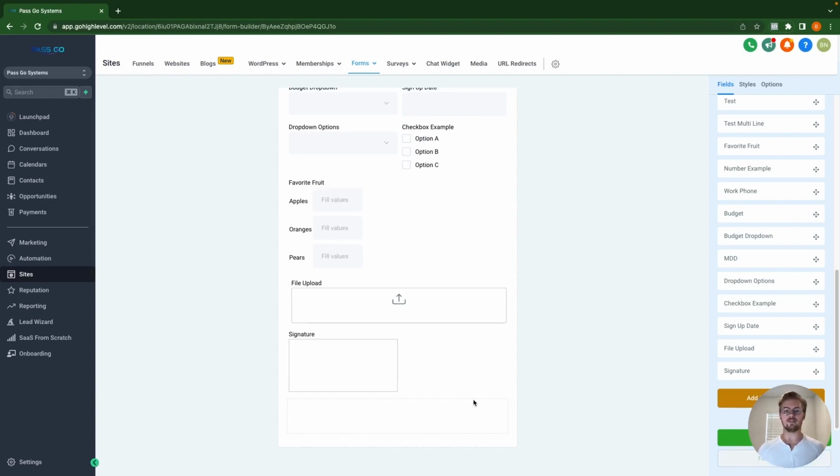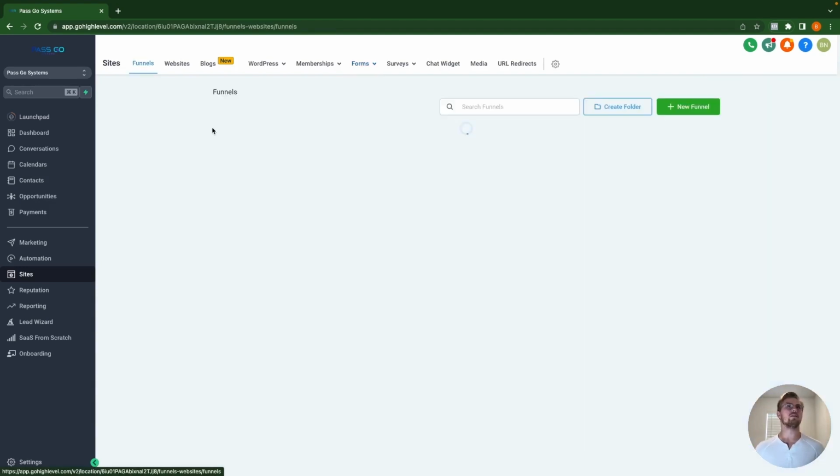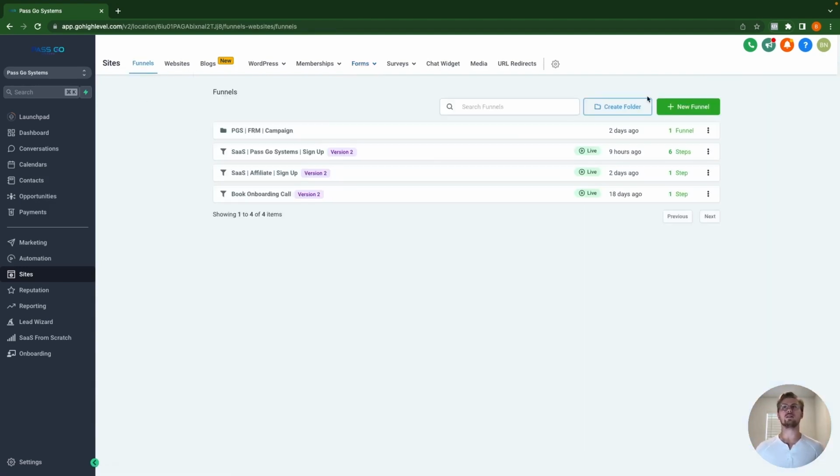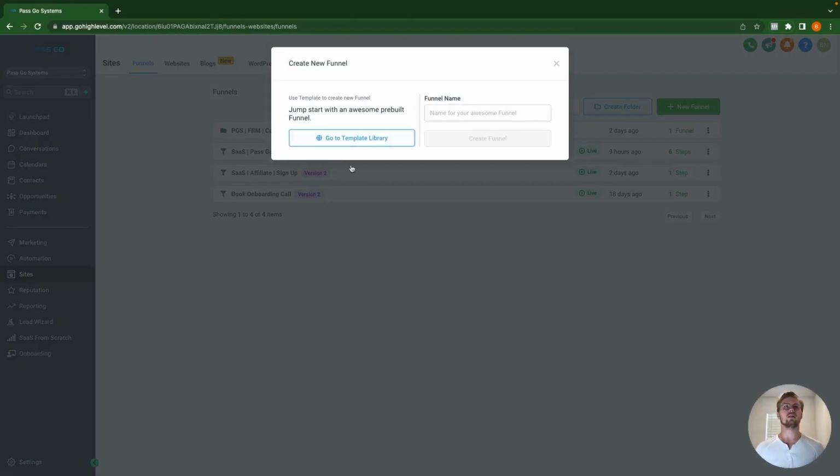And then there's a few different ways that you can integrate this form where you want the form to be. So the first way is you can go into funnels or websites. You can add it to an existing one, but we're just going to create a new funnel for now. Test funnel, create funnel,